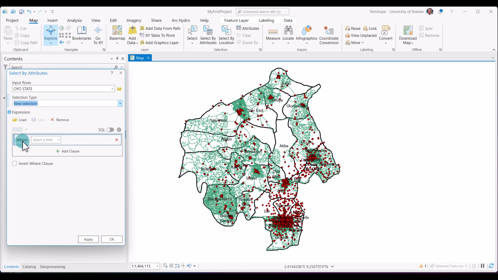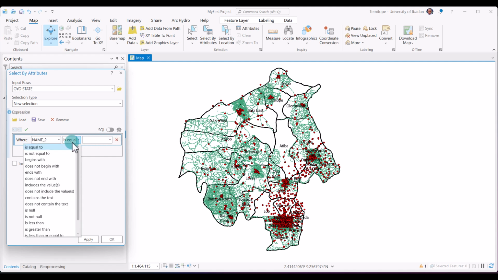So I'll use this to build my query, where I'll select a field. I'll check name 2. I'm picking name 2 because under the attribute table, the name 2 column houses the name of the local government. I'll select is equal to,